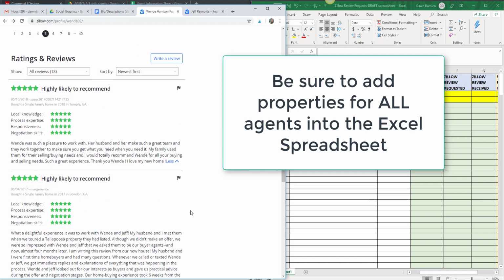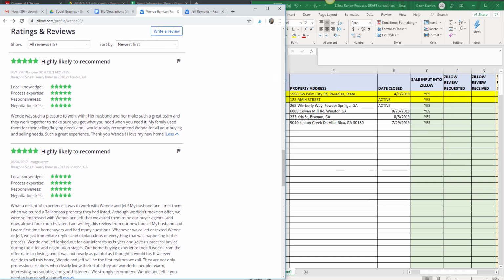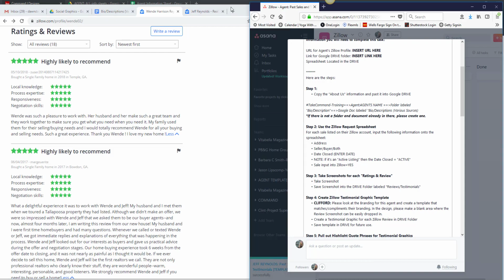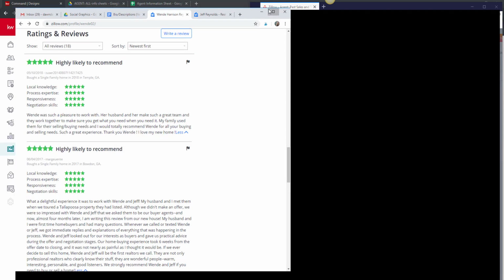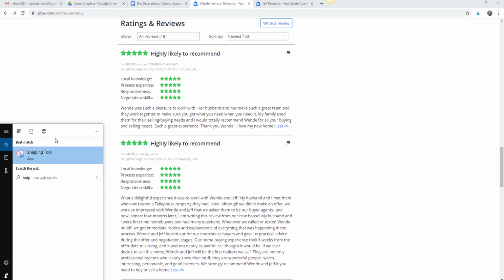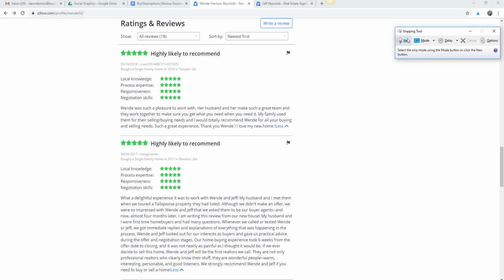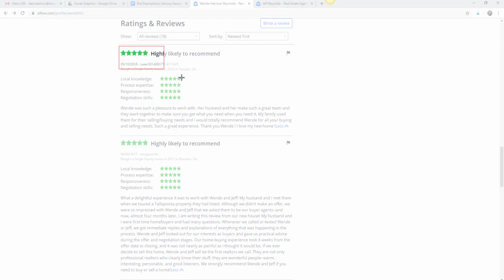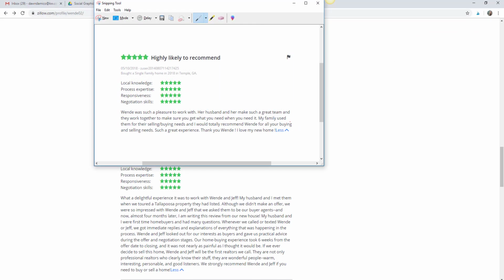The next step is the ratings and reviews. So in this one, it's a simple copy and paste. So right here, take screenshots of the ratings and review. You can use whatever program you want to be able to do that. If you have Apple, it's really easy, but on this one, you're just going to kind of take it within the lines here. You want to cut it sort of close and take a copy of it,